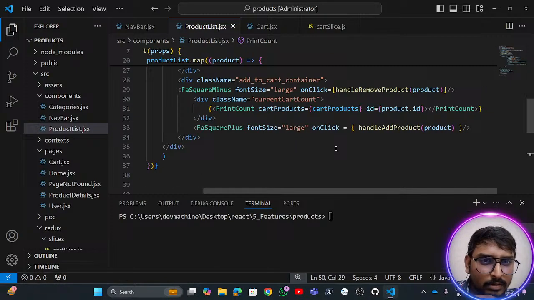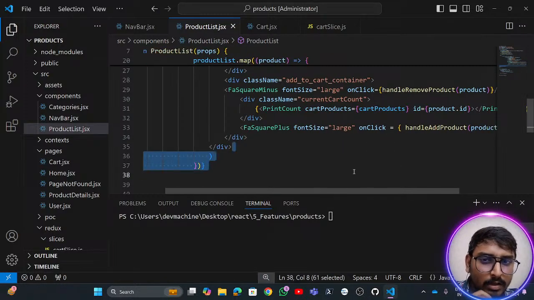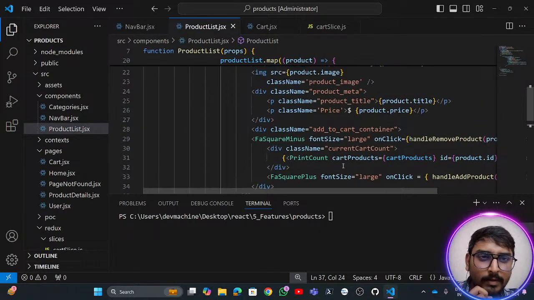Print count is actually doing the same, but